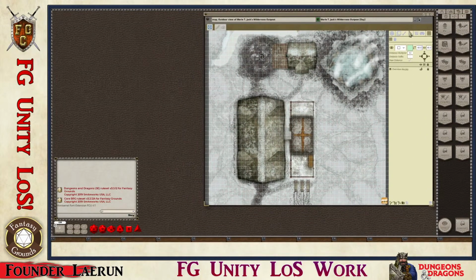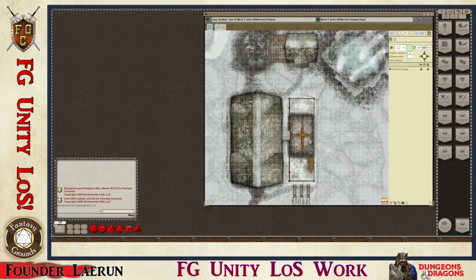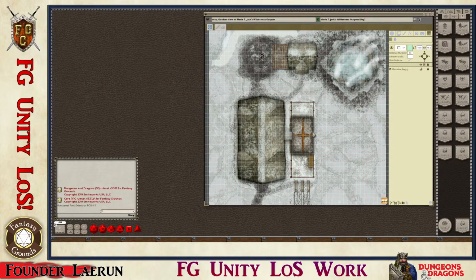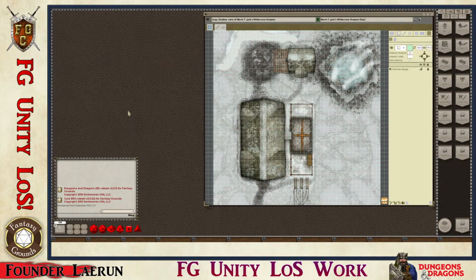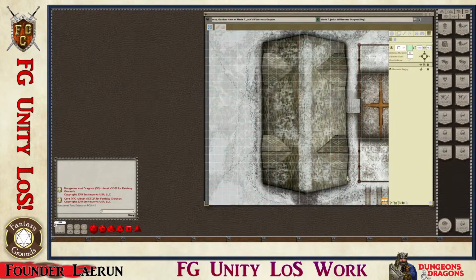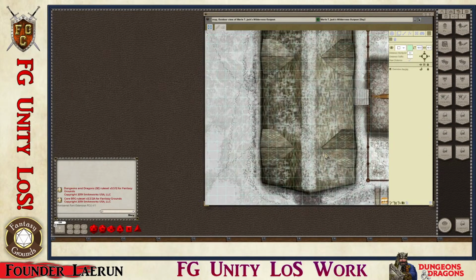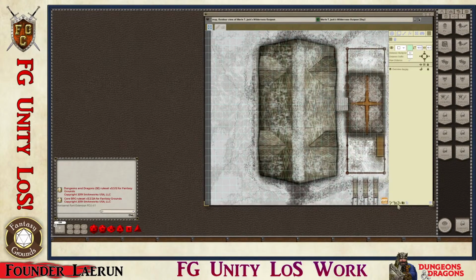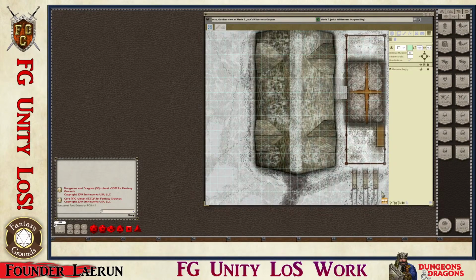One of the things you've got to be careful with in Fantasy Grounds and any map software is don't go too big. And what I mean by too big is this map is actually a little bit big. When you stretch it out and put it at its full size, it takes up almost this whole screen. So when you zoom in, you're going to lose some of your finer detail depending on the resolution. So try to keep your maps, I wouldn't have any bigger than this type of regional map if you can help it, because it's annoying. You have to keep scrolling in and out and moving it, and it can be a real bear. So I'm going to go navigate,